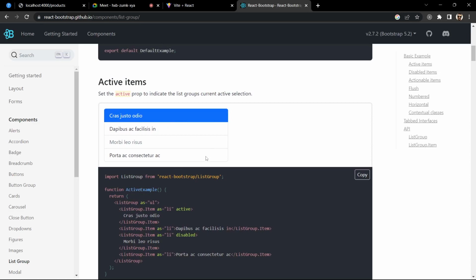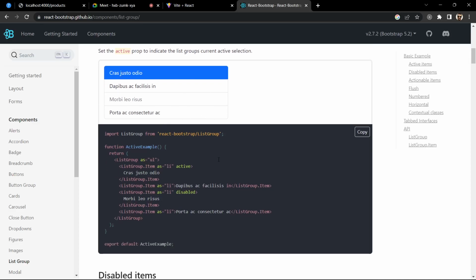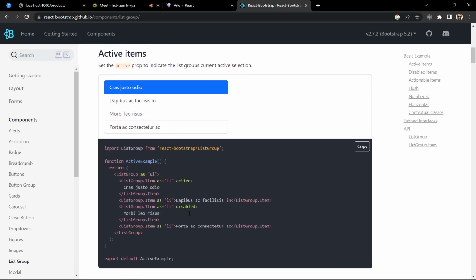In order to add some list, we have to include all the things inside our VS Code file. So first of all, I have to copy all these things. So let's just copy the whole thing right now. Okay, right now copy all these things. I'm going to copy